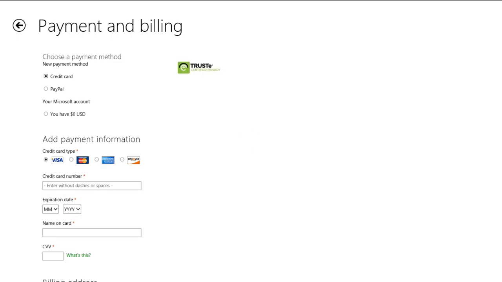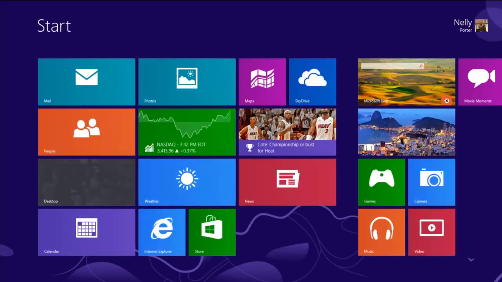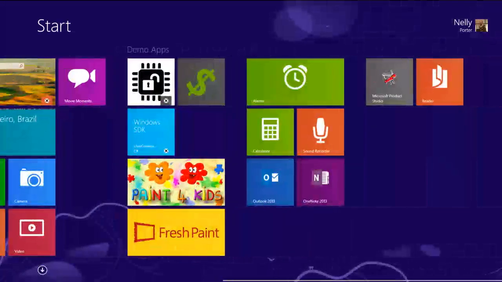And I need to tap the sensor to buy this app. I apologize, I didn't put my credit card here, so it's asking me to put it, because with all my demos, I would have $1,000 of apps on my account. But the idea is, if I had my credit card attached to a Microsoft account, I would be able to buy apps. So, moving from buying apps from the store to something that every developer would be able to enjoy.